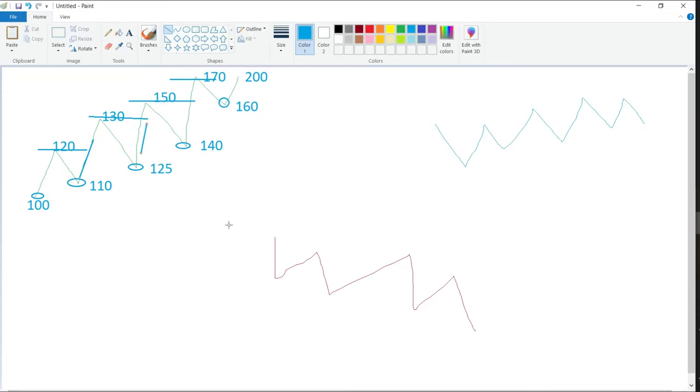It will be similar in a bearish trend as well. If I mark these low levels, it always crosses this level, making a bearish trend. So how do you know when you would like to enter where the trend is a bullish signal? Think that you are at the 100 level and the stock has made 120 and it is at the 110 level. So what you do, I'll just delete this.